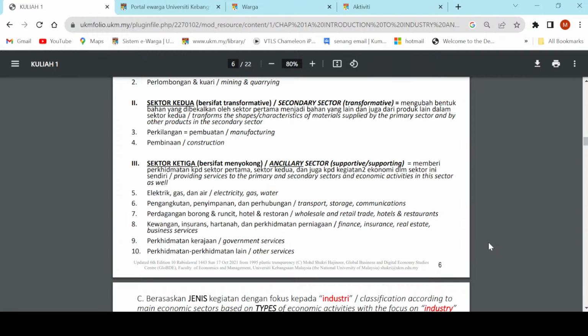Tertiary. So, first one, primary sector, has to do with the process of extracting,